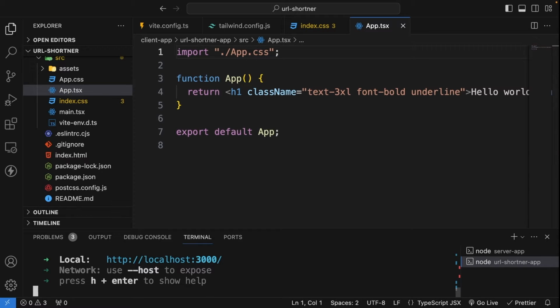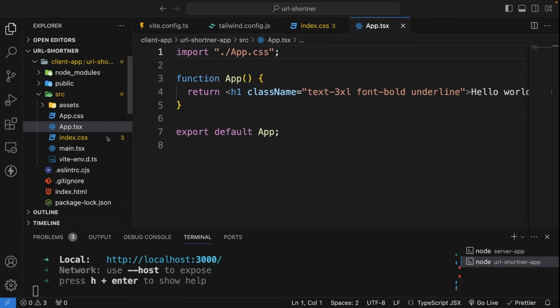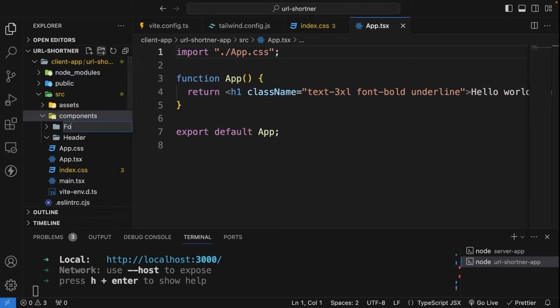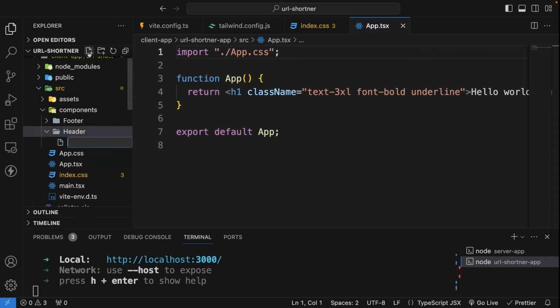Now let's create some components. The first, I will create the header and the footer component for our app. So what I will do is I'm going to go to the source. I'm going to create a folder for components. All right, and inside this, I'm going to create a header component. So let's have the header first. Then I will also create a footer, and in the header, I'm going to have the